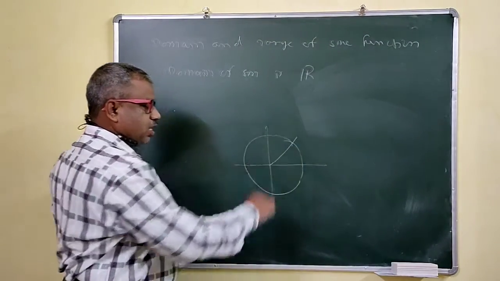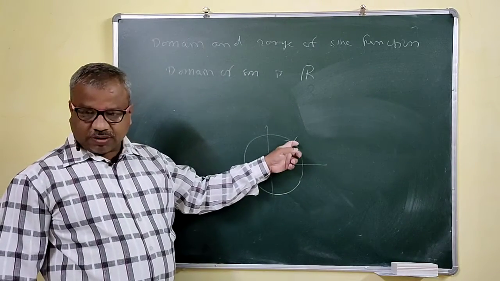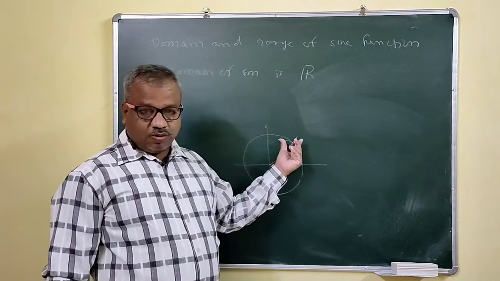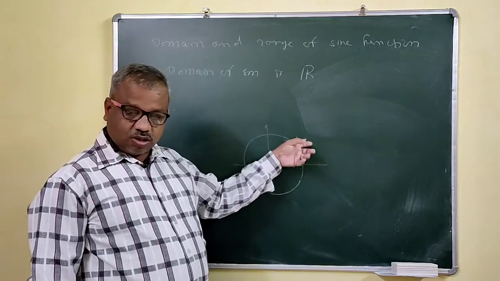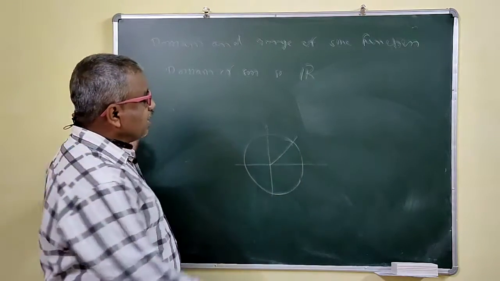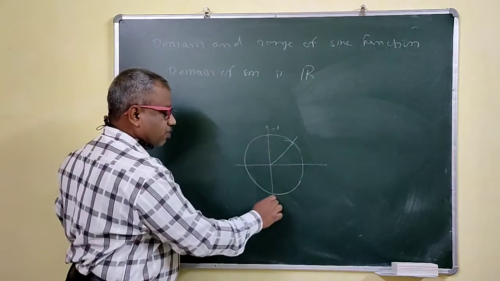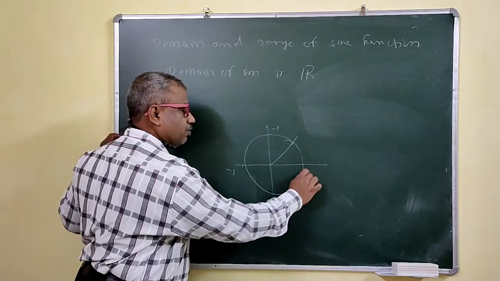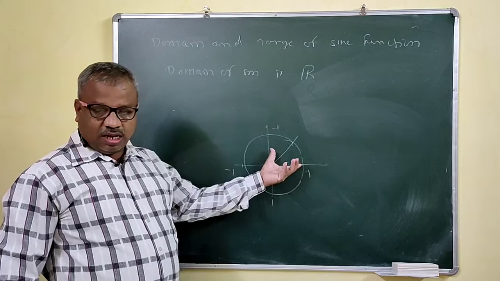This is the circle, right? For any rotation, any amount of rotation, you get this x and y. That means you get cos theta and sin theta, right? So you can find the value of sine of any real number, or you can find the cos of any real number. Now see that you are on the circle, right? So this is on the standard unit circle. This is minus 1, 1. This is 1. This is minus 1. This is 1.